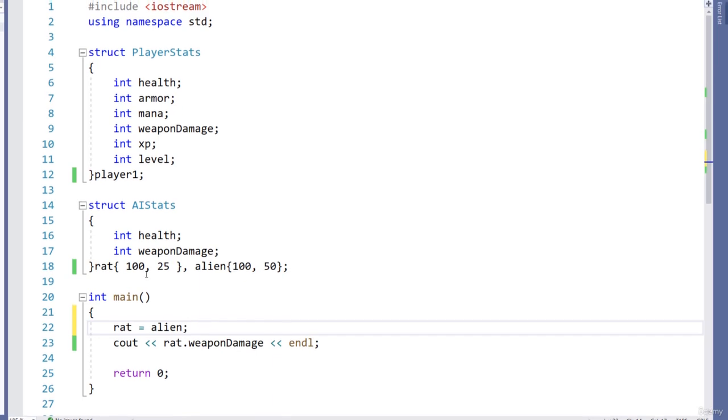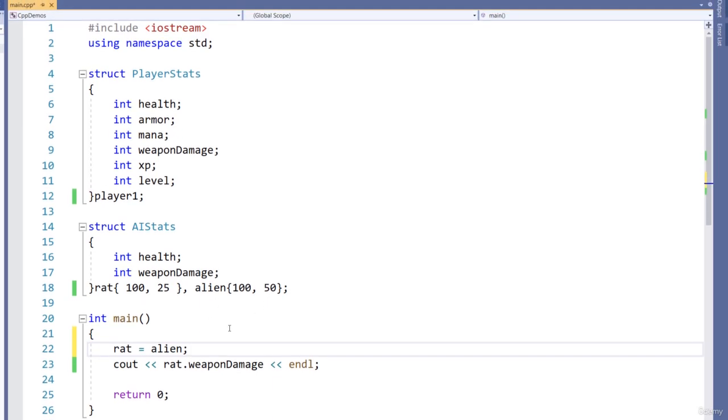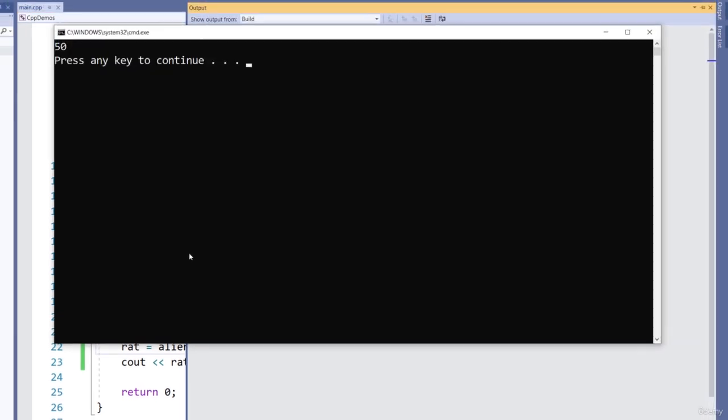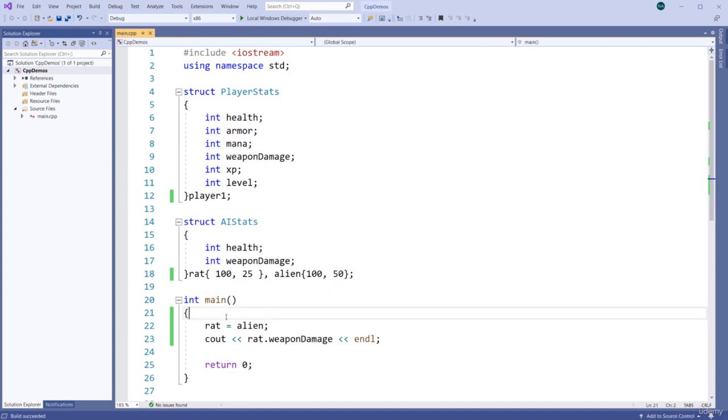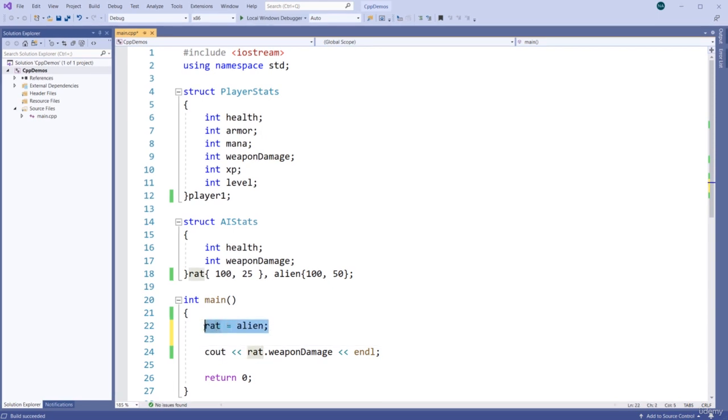Now the rat's weapon damage should be equal to 50. And that is what we get. So this may seem a bit weird, but let's say rat and alien were integer variables, then this line is not that strange, right? But if you think of a struct as a single, complex type, then that makes it easier, because once again, each instance of that struct is now going to have the same members, so you can just copy them like in this way. So you can do it in this way instead of doing